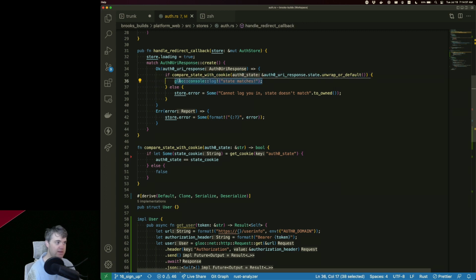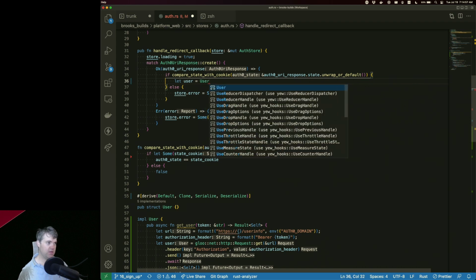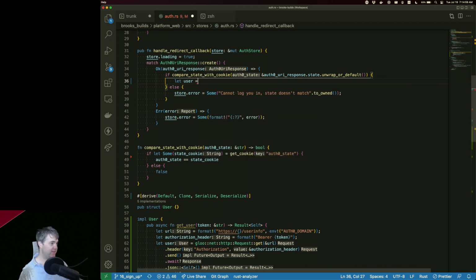where state matches, I want to now grab that user. Okay, so user is going to equal, what are you going to be? You're going to be a cell, oh, I have to do this inside of a, I think that should work. We have our store here.